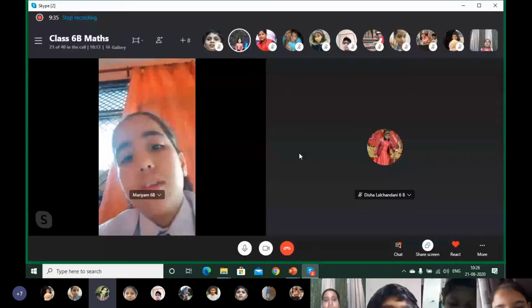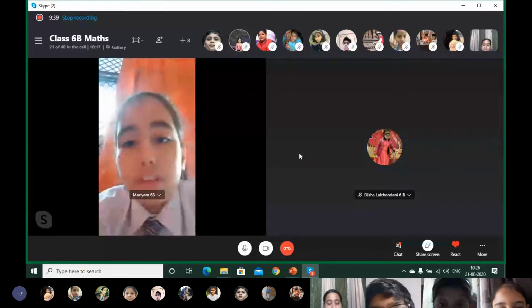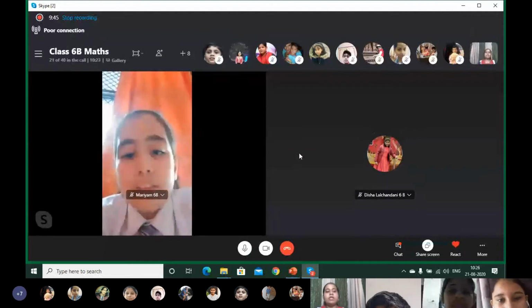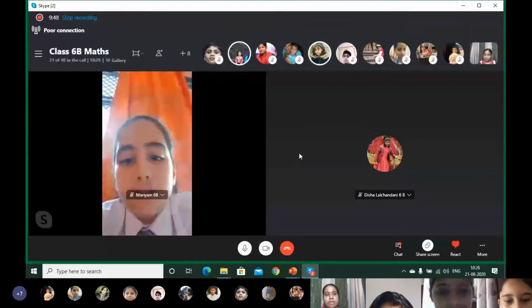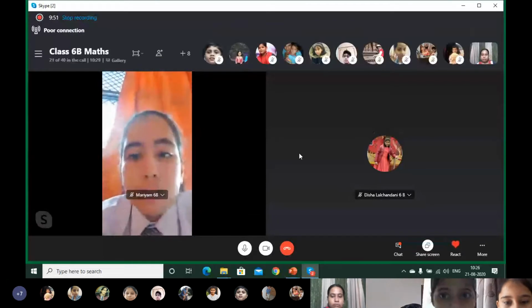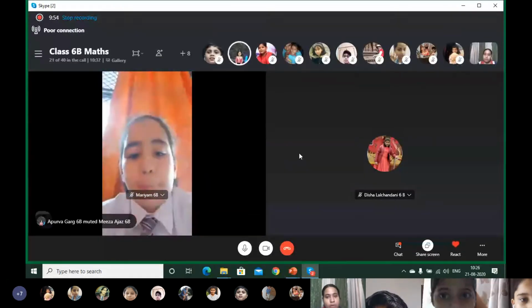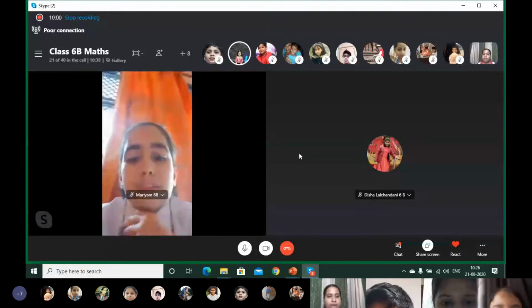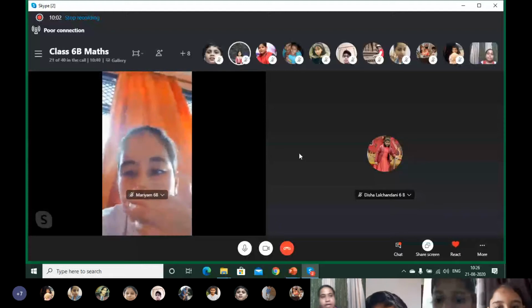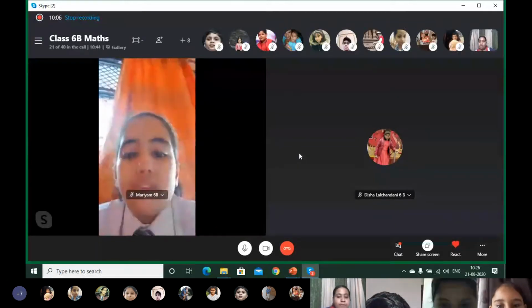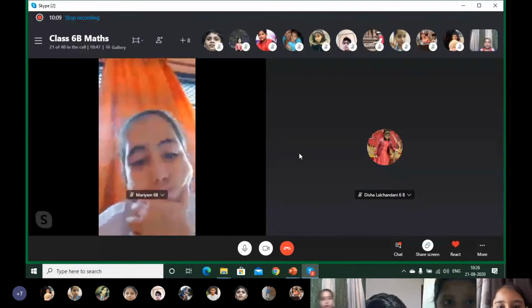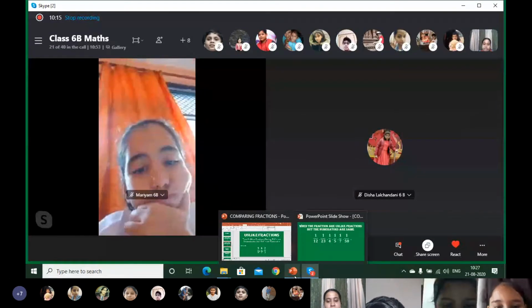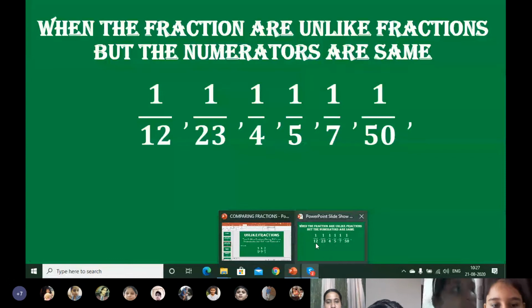Let's see the first one once more and then look at the numbers. In the case when the numerators are same and the denominators are different, the number having the greatest denominator value is the smallest value of the fraction. जो नंबर सबसे बड़ा डिनोमिनेटर में होगा उसकी वैल्यू सबसे छोटी होगी. अब नंबर्स को देखो and tell me which number is the greatest. Which number is the smallest?